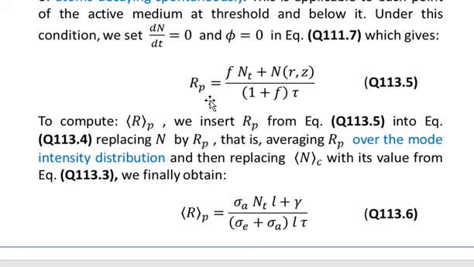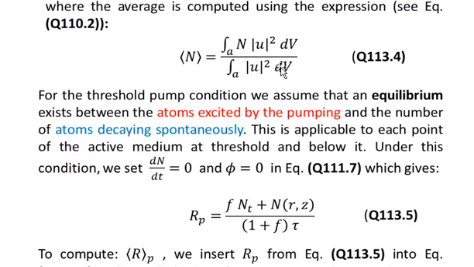So we have the pump rate, but in the space dependent case, we have to calculate the average value of the pump rate. To compute the average value of the pump rate, we insert Rp from equation number 5 into equation number 4. That is, this equation can be used for the calculation of the average value